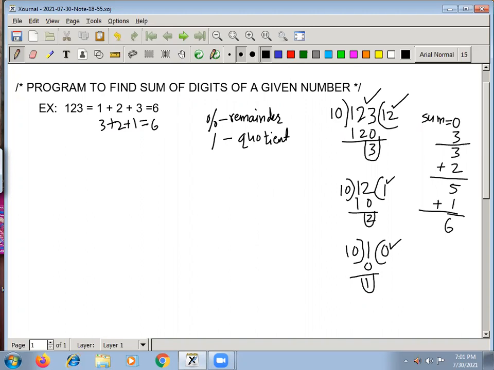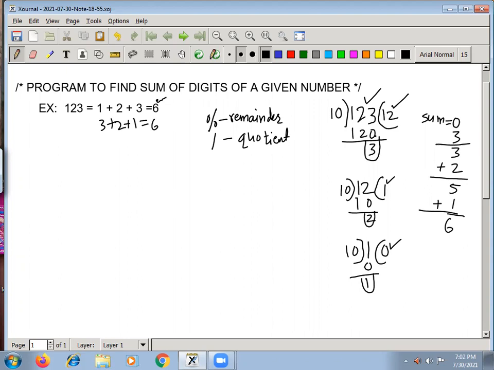Yes or no? You should not think of only performing addition in this way, 1 plus 2 plus 3. No, finally you should get the result as 6. Sum of digits should be 6. So you try to find a way so that you get the result 6, the sum of the individual digits. You can add in any order by using mathematical properties. 1 plus 2 plus 3 or 3 plus 2 plus 1 you can do. Clear? Now this logic we have to implement in the program.